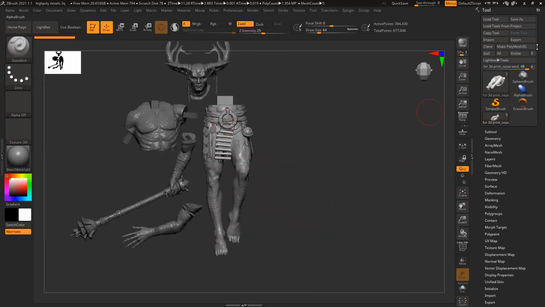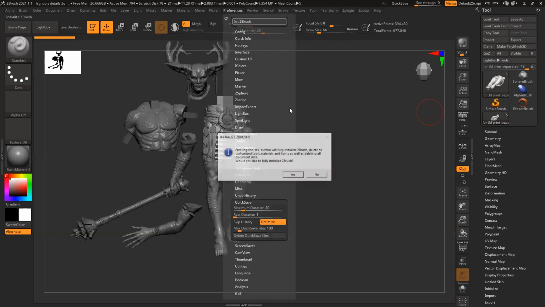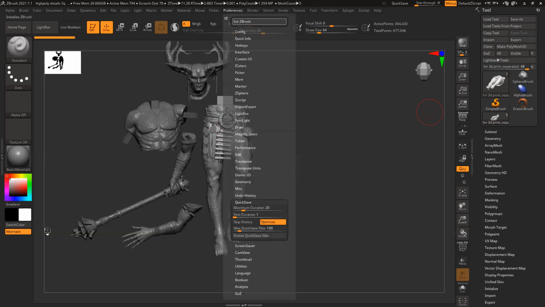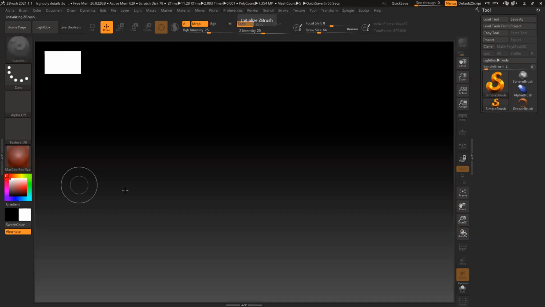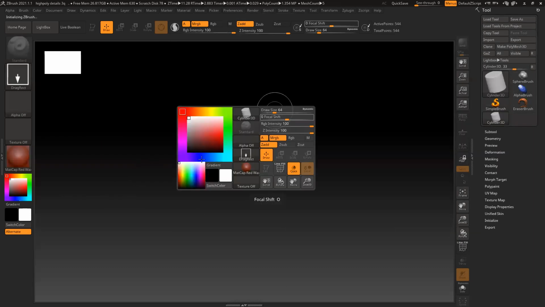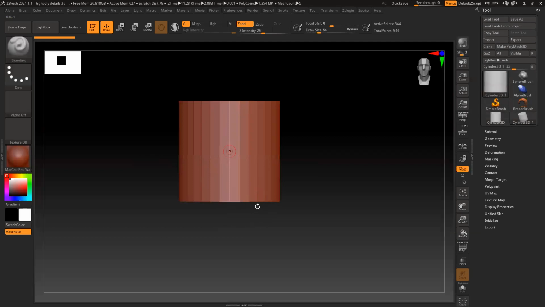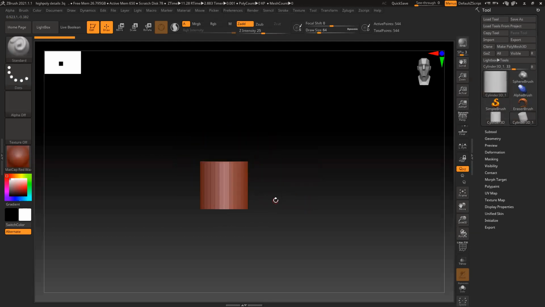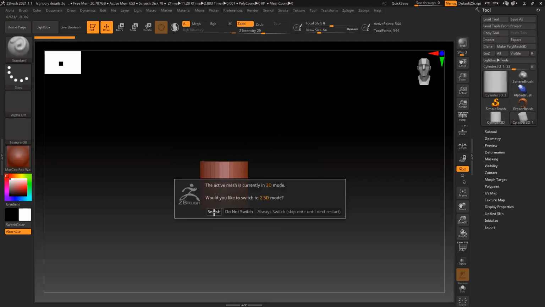So don't get confused with this and create it properly. And when I'm saying yes, you can definitely use it, use a brush, not a tool. You can use a brush. So suppose, let's take a cylinder.